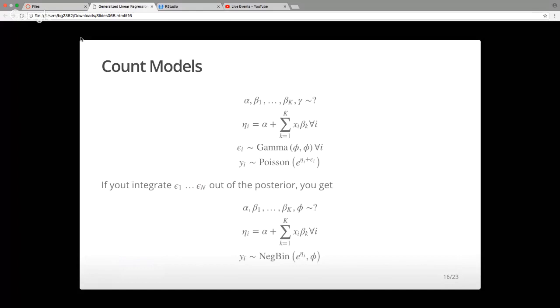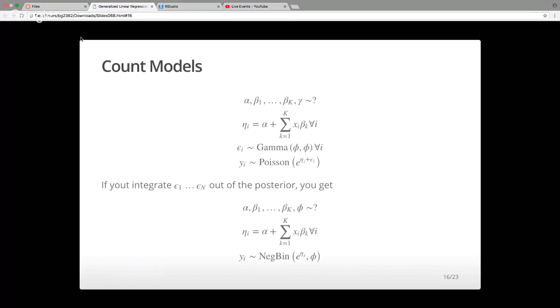So a generative model for this would have some priors on the parameters. That should be phi. We have a linear predictor eta. We have noise that is distributed gamma with equal shape and rate. And then if we add the noise to the linear predictor and put it into a Poisson model, using the anti-log transformation to map from a real number to a positive number for the conditional expectation of y, we get this. If you integrate these noise terms out analytically, you get a generalized linear model where